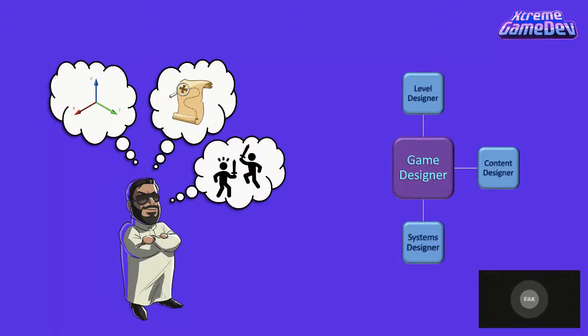And next, the system designer. The system designer usually has some background in programming, so he would understand what's required technically in order to implement a system, for example, a combat system, in terms of players and hostile enemies and which skill to trigger, etc. Other systems include, for example, the multiplayer system. It's a little bit of a broad system, but usually there's a system designer for that task.